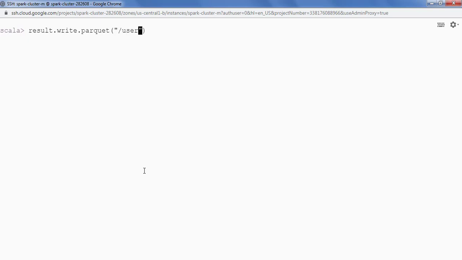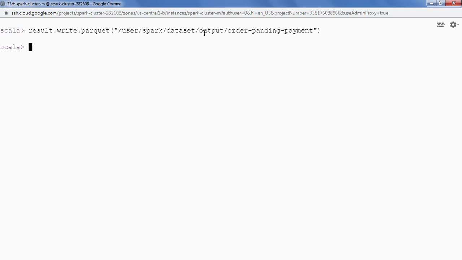So I'll be saving the data in user Spark dataset output order pending payment. Let's say this is the path. Let's try to save the data. Okay, we are able to save the file in HDFS in Parquet file format.